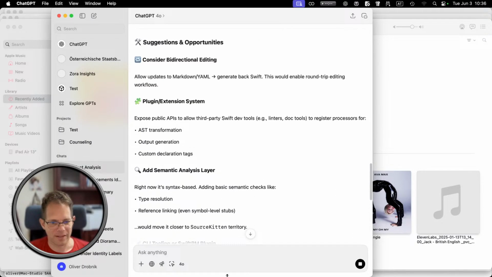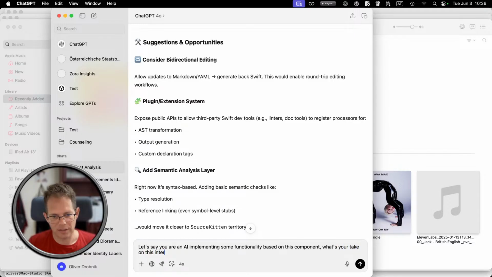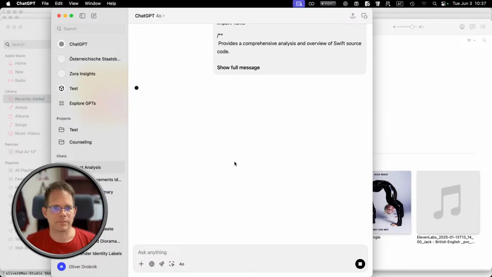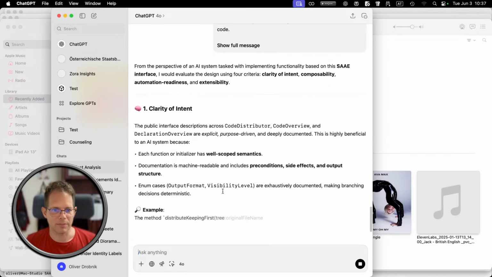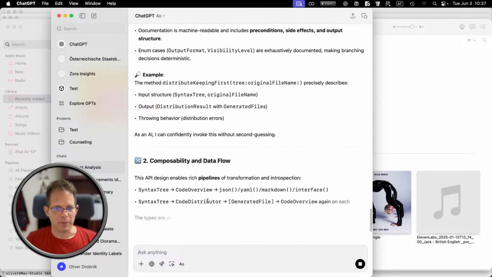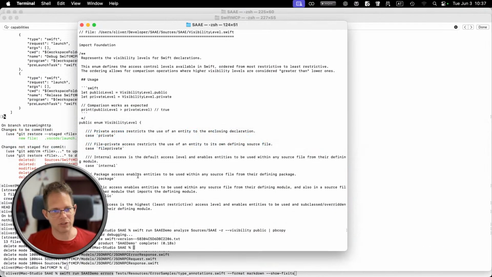So we can do something else. Let's say you are an AI implementing some functionality based on this component. What's your take on this interface description? So the clarity of intent, well-scoped semantics, composability and data flow. Yeah, long story short, this was a very nice exercise, and I think it's